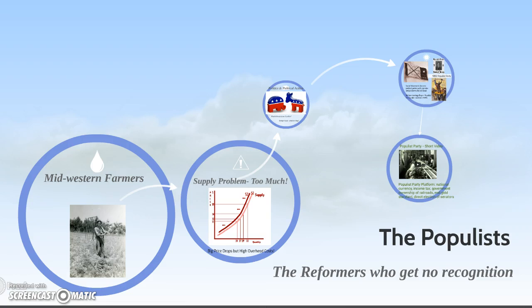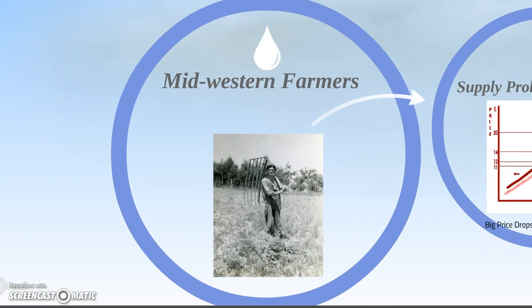Why bother? Because many of the ideas that the populists put forward actually became laws in the 20th century and led to important major reforms that changed the way American society operated and influenced and shaped, moreover, the beliefs of American people. So therefore, I think the populists deserve their day, and that's what we're going to try to do in today's lecture. So let's go look at the populists, and you see there a picture of a Midwestern farmer,